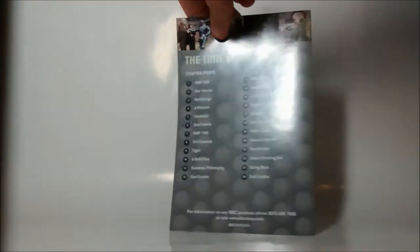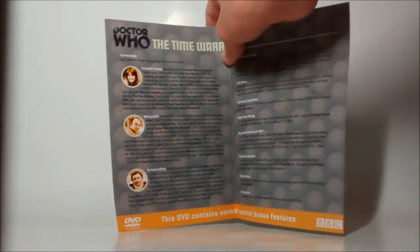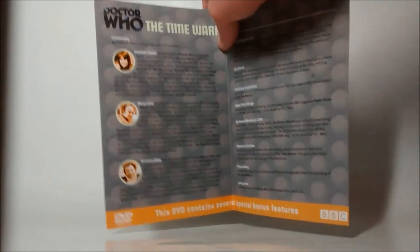And now for the booklet, it's only one disc, as you just saw. Here's the front of the booklet, and the back of your booklet with chapter points, only four parts. And in between, you have all that stuff, the special features again. So then,